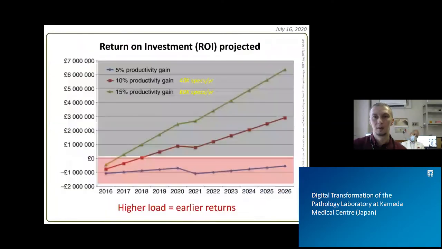Well, this is a good opportunity to refer the first question to Professor Fukuoka. I give him one minute to prepare, because he spent a lot of money for that. If I can share my screen again, I would go back to that slide. So higher load is about the annual number of specimens or glass slides per year.